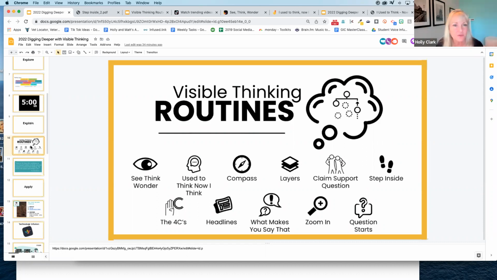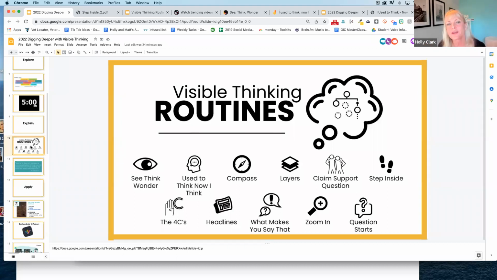We have to introduce it to them and let them do it a couple times, but maybe by second semester, they get to pick the thinking routine that works best for them. That would be in the ultimate classroom. I can barely get people to do one, so that's a dream scenario, but that's what we're trying to go for.